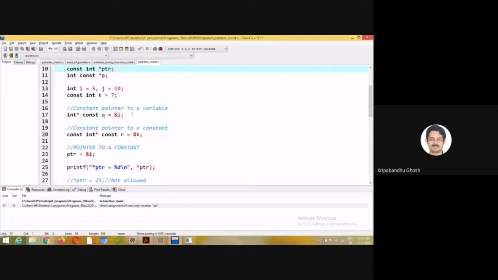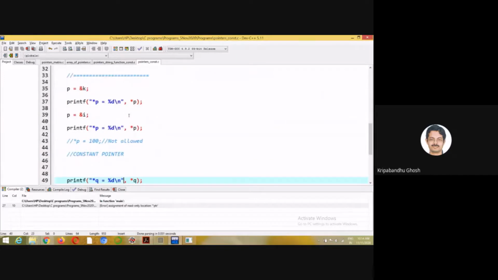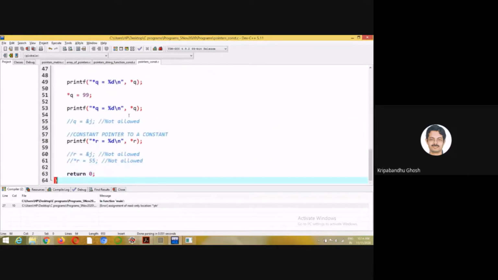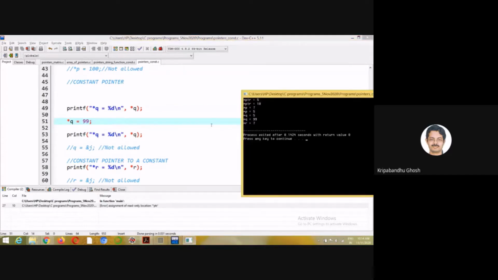So this is pointed to a variable. After the star there is const. So it is &i, right? Once you have pointed here, you cannot point somewhere else, but of course you can change its value. So that's what has been done, right? So this is q. Initially q was 5, and then q is 99.